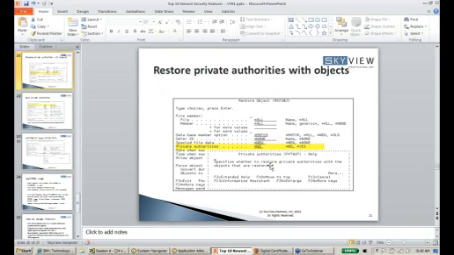Now, another thing that IBM added in V6 is on the restore object and save object commands. Many of you know that if you have restored an object and it has been secured with private authorities, when you restore that object to a different system, those private authorities don't come with the object. So in V6, there is a parameter that is added called private authorities. So when you restore the object, if you say private authorities yes, then you will be able to